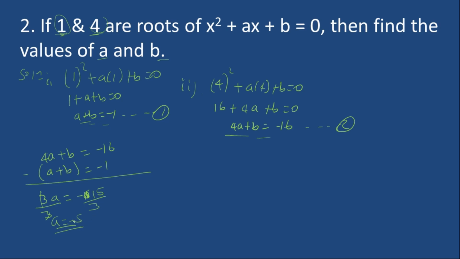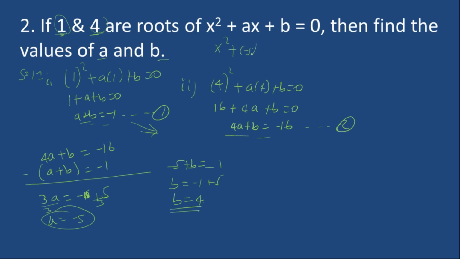You can substitute the value of a, minus 5, in either equation 1 or equation 2. I am going to substitute in equation 1. So minus 5 plus b is equal to how much? Minus 1. So from this, b is equal to minus 1 plus 5. b is equal to how much? 4. The value of b is 4. So the equation finally becomes x squared plus a, which we found was minus 5,